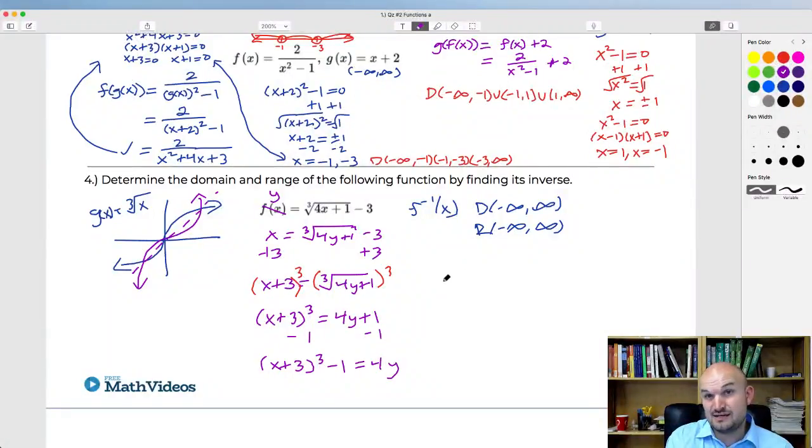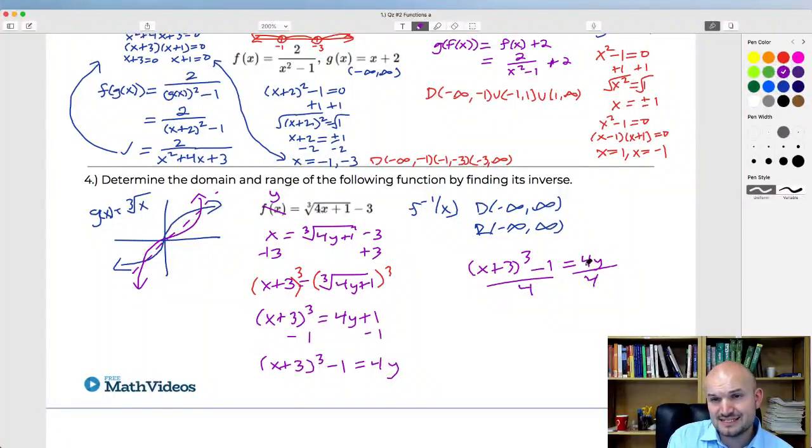Now, in this case, I'm running out of space, right? So you can see how my equation follows this pattern. I'm just going to rewrite the expression over here, so therefore I have more space, and it makes mathematical sense. Now I'll divide by 4, and the 4's divide out to 1. And now, instead of solving for y, I'm just going to go back and replace the y using my inverse